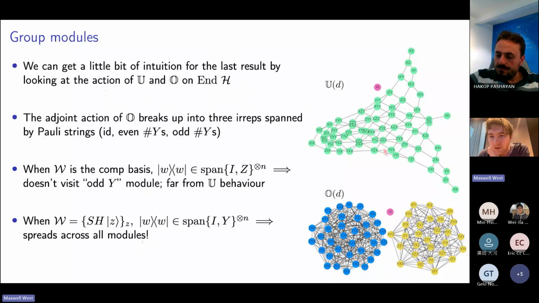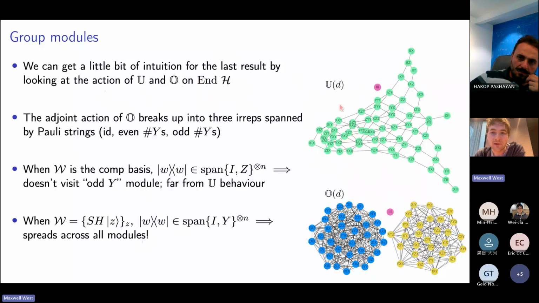So maybe we don't need to belabor exactly what's going on in these pictures. But basically the idea is that the different connected components of these graphs, I should say also there's an imaginary line. The green and the pink line at the top is just a completely different object from the orthogonal case down the bottom. So the top component is an attempt at a visualization of how the operator space decomposes into irreducible modules under the adjoint action of the unitary group.